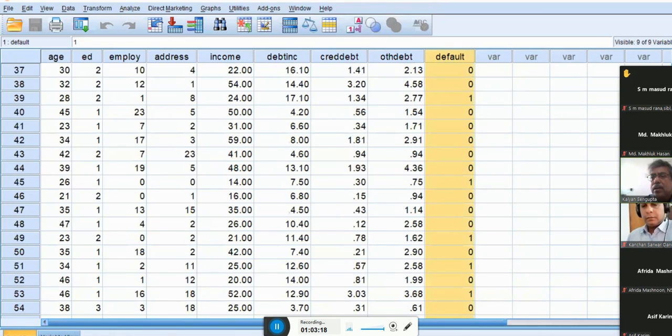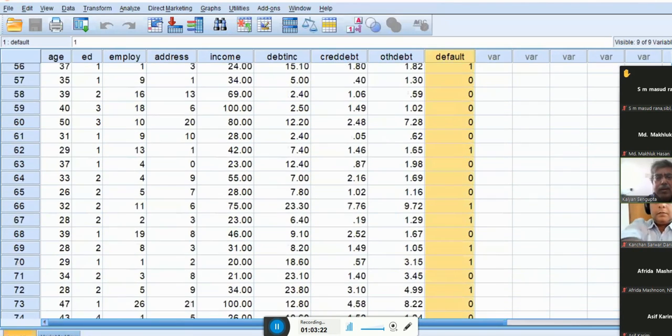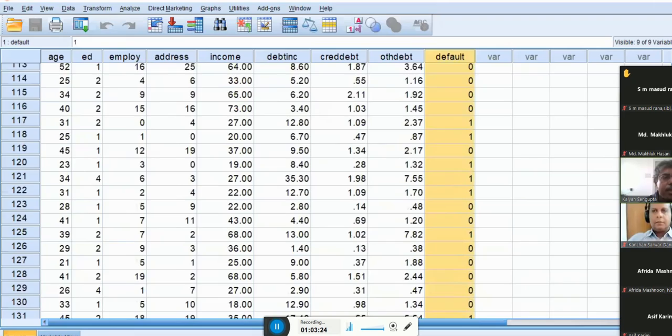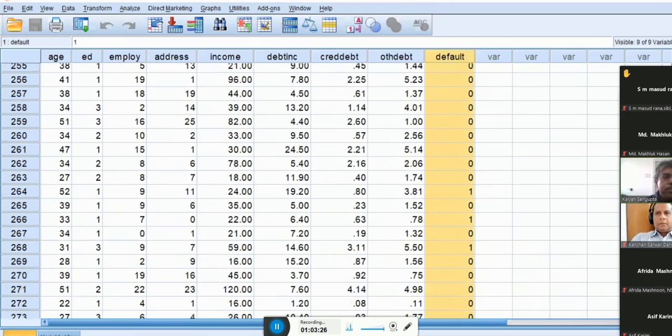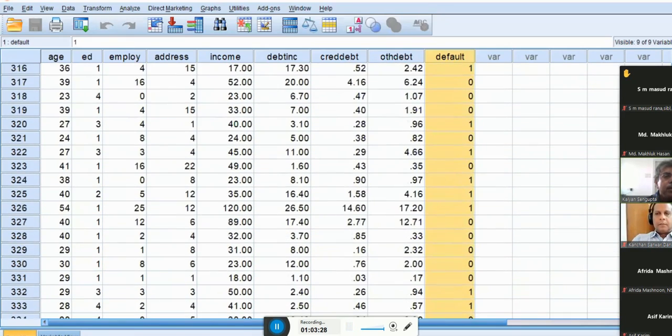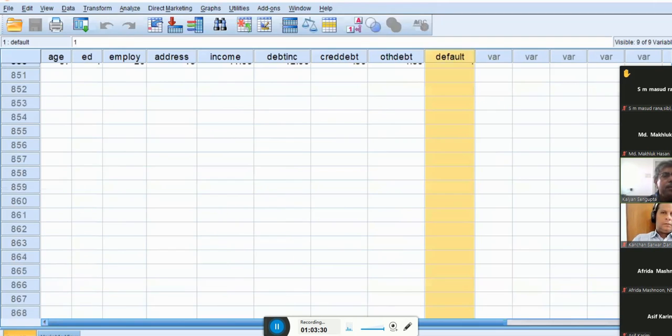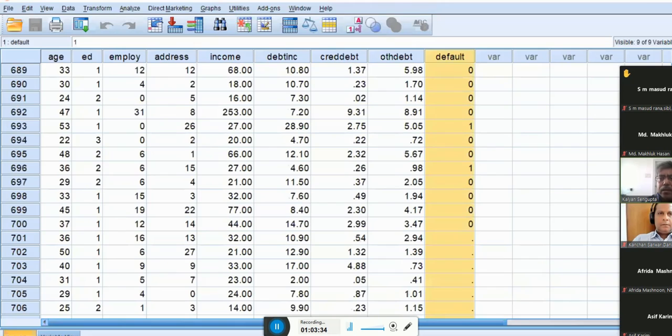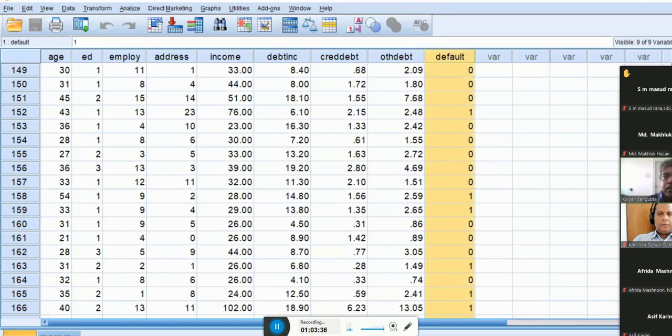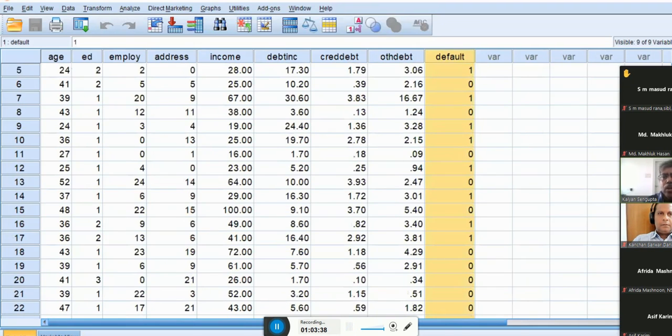If I go down, the data size is more than 850. In a bank you can get 8,000 records, no problem. The more the data, the better the result.